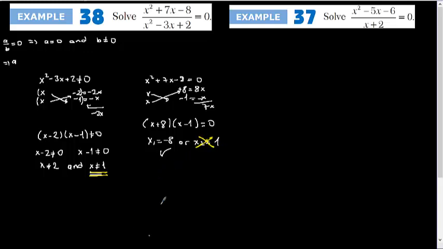So if I write the solution set here, I need to put only minus 8 inside the solution. The other term is undefined for us. Okay, the second one